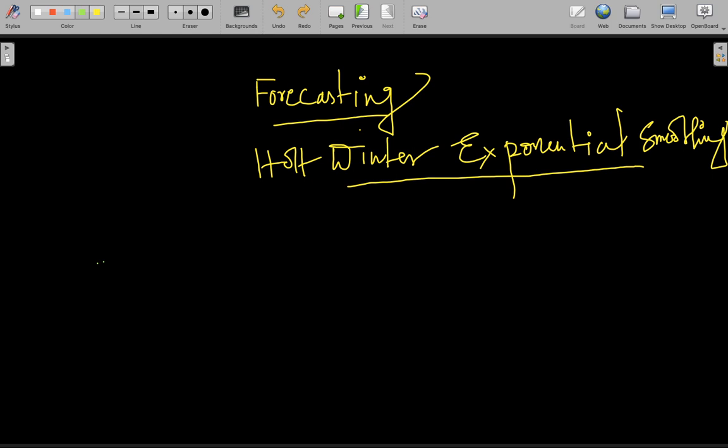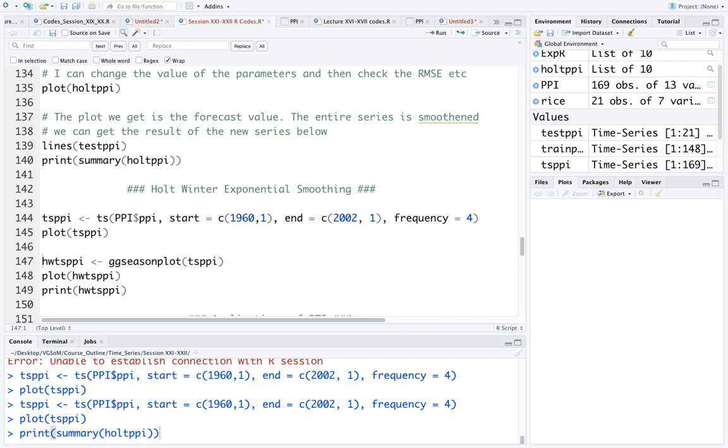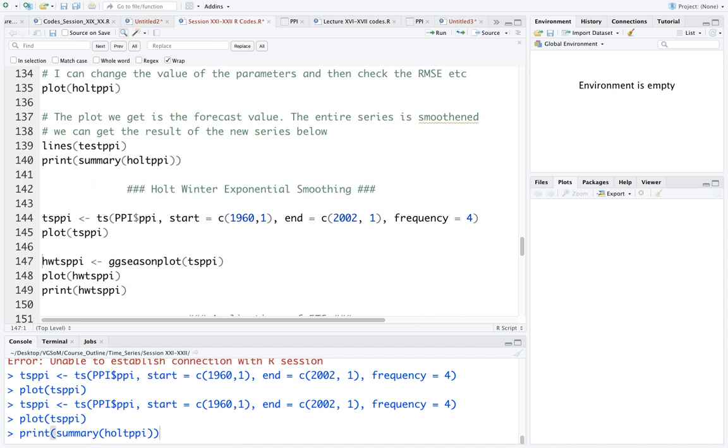Before I proceed further, let me show you some data where we might have some seasonality which we want to adjust. We plotted this data set in R. This data set is the purchasing parity index, PPI, for the US economy. We have used the TS function, which is the time series function, and we have this data from 1960 period 1 to 2002 period 1. So it's quarterly data, frequency equal to 4. And if we plot this, we will see that